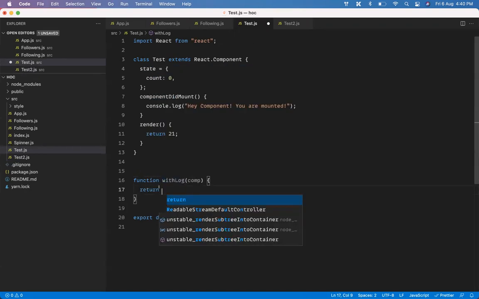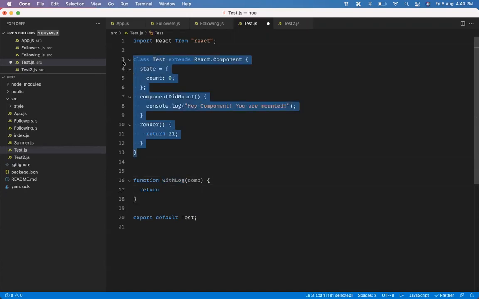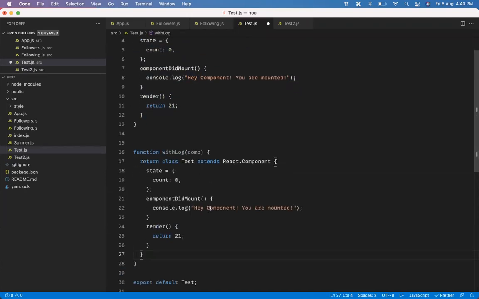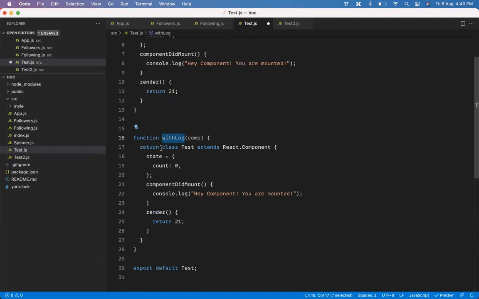And what I'm going to return from here is a class component like this. So from this function, I'm going to return a class component, and here I'm getting access to this component. Rather than returning 21, I'm just going to say comp. Because this is a component, I can do it like this. And because this is a component, the name of a component always starts with uppercase or lowercase? Upper, right? So what should I call it? Just call it Comp. All good?